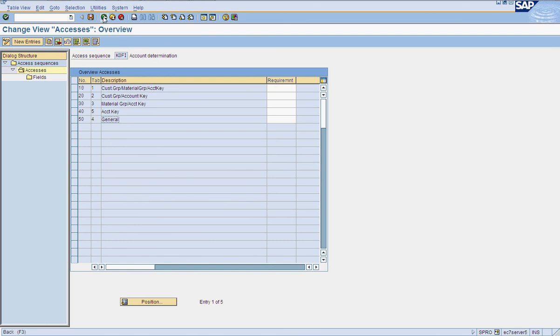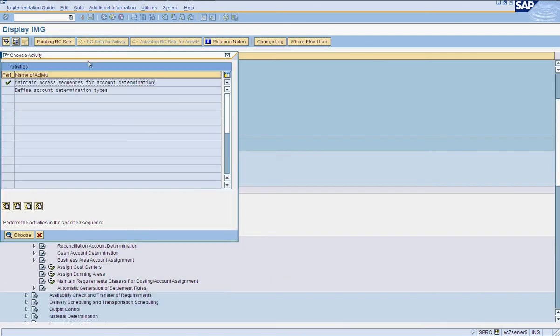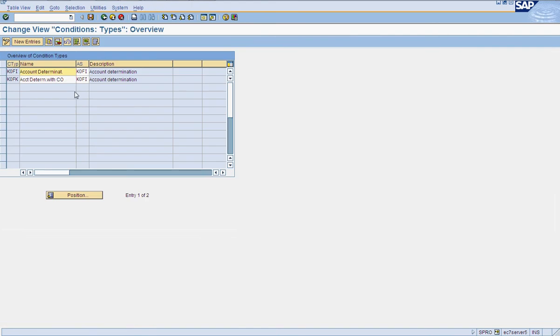Maintain these tables under an access sequence and assign this access sequence to condition types. Now you can see for COFI there are two condition types, COFI K and COFI. COFI K is account determination with controlling, and COFI is just account determination, and we have assigned the same access sequence to both these condition types.